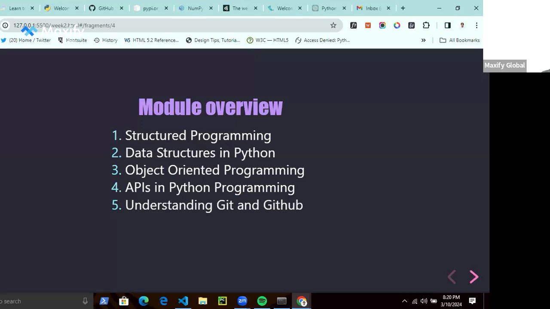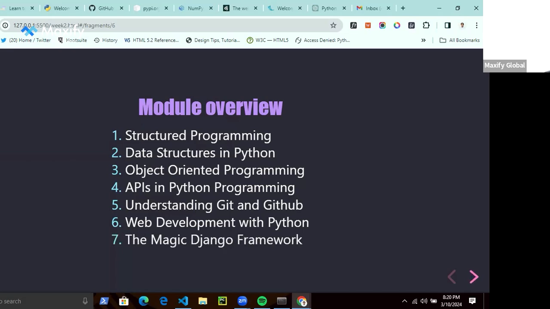I know some of us have some basic understanding of GitHub from the installations we made for last week's session. But for those who don't know, it's going to be a refresher into Git and GitHub. Then we're also going to be looking at web development with Python. And lastly, we'll look at the Django framework.